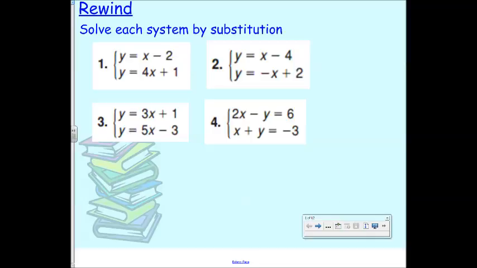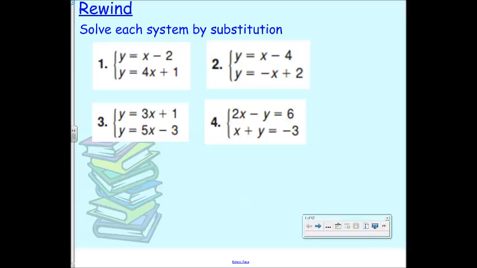All right, so with number 1, before we even start, what does substitution mean? Like you guys had a substitute teacher on Friday. What does that mean? Guillermo? Replace, exactly. So you're replacing something. So when you're solving a system by substitution, and remember a system is just 2 equations that work together where